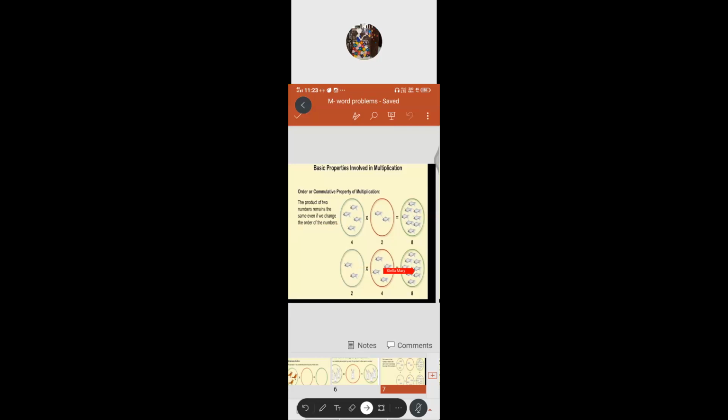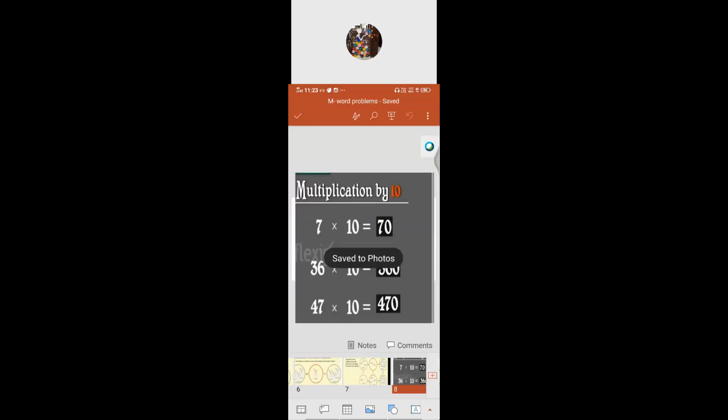Then what did we learn? Multiplication by 10 series, 100 series, then 1000 series. In this way, we can simplify our multiplication. We have to follow 2 steps, I said, isn't it? What are the 2 steps? First, we have to multiply the basic facts. What are the basic numbers here? 7 and 10. First, we multiply that. 7 ones are 7.